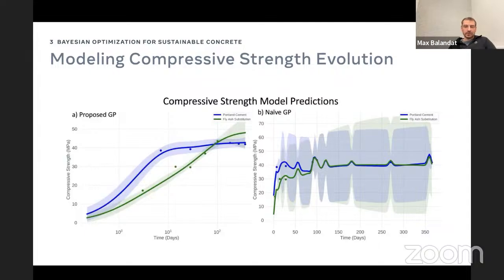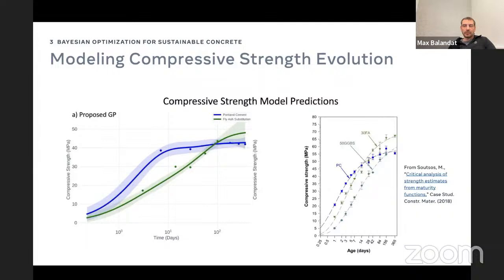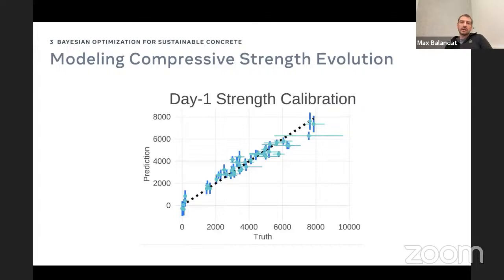They start close to zero. They are monotonic. And if you look at the lab results from crushing a whole bunch of concretes to measure the strength, you see that it maps pretty well. The colors here are matched. So that was some modeling work on this, and you can see how well that model is calibrated. It does a pretty good job. This is a leave-one-out cross-validation of a bunch of lab results that we obtained.